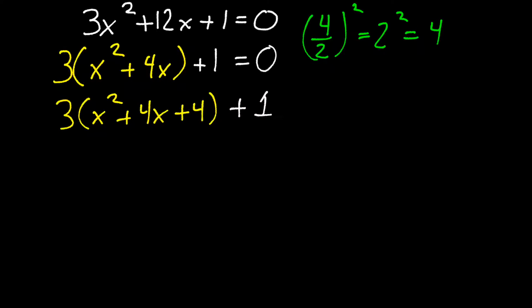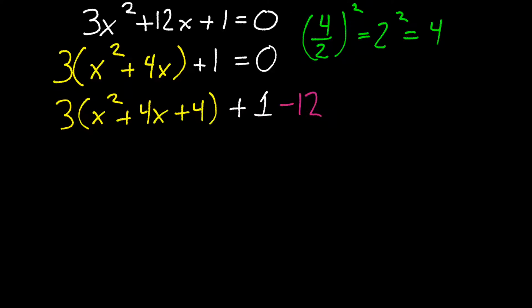This is where you have to be real careful about what you're doing. I put a 4 in here, but this 4 is actually being multiplied by this 3 eventually. So I didn't actually add 4, I added to the equation 3 times 4, which is 12. So with the 1, I have to subtract